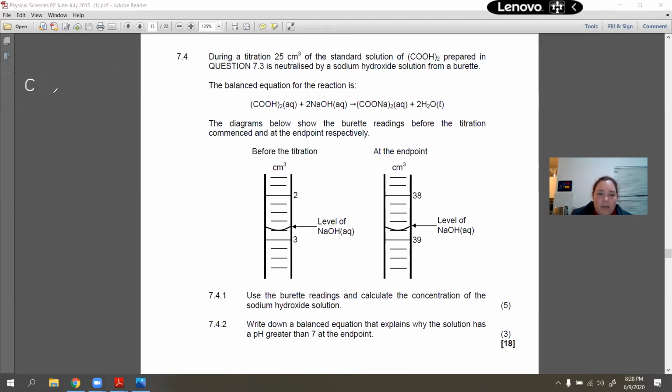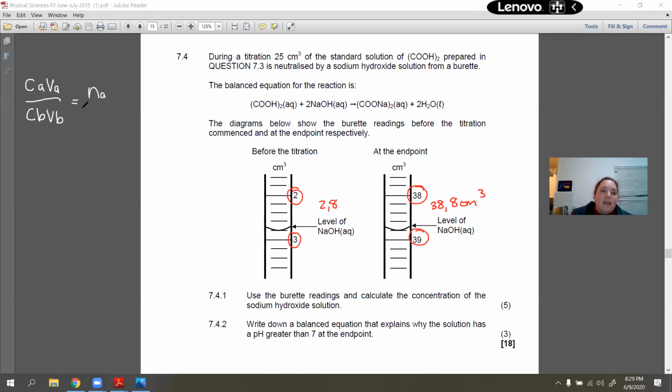So we're going to use the equation. Sorry, it says use the burette readings to calculate the concentration, and that's what we're going to do here. So if the burette reading starts over here, I hope you all realize that that's 38 and that's 39, and there are 5 divisions here. So I would call this 38.8 centimeters cubed. And over here, that's 2 and that's 3, so this would be 2.8. Please always look at what it is. Don't assume that you can read it, because a lot of people get confused here and they'd say that's 3.2 and it's wrong. So I can now go straight in and say CAVA over CBVB